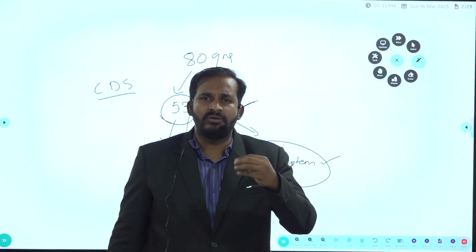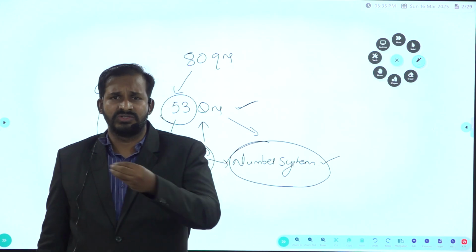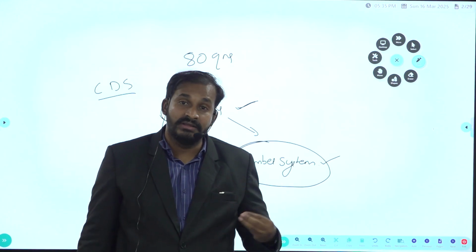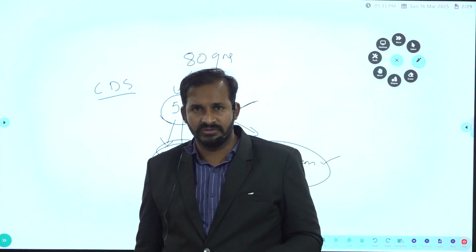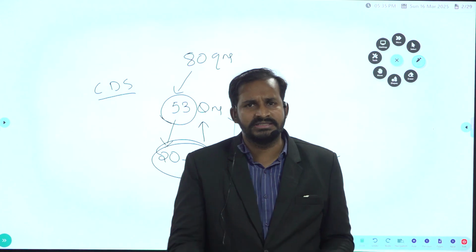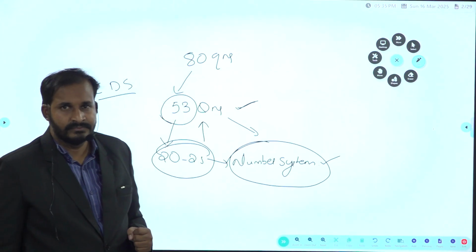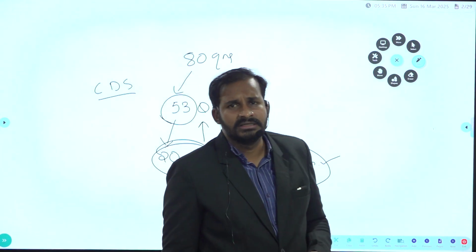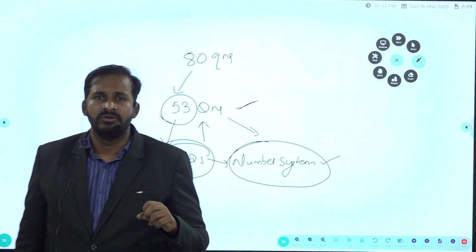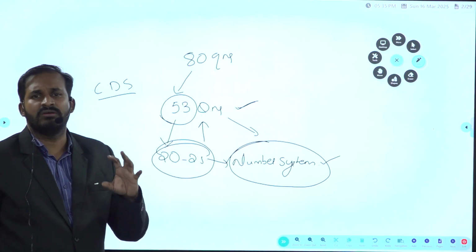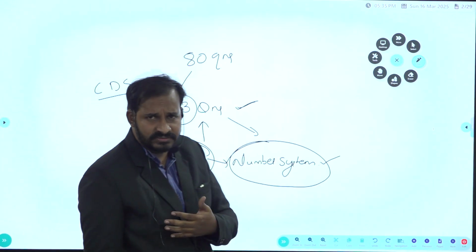They are not even able to identify that this question is from a particular area, that is, this question is from number of zeros, or this question is from unit digits. Like this, they are not able to identify it. If you are able to identify those things, then you can easily apply the remaining steps and solve them. But in general, this is not happening. So to reduce that difference, we are doing this course, especially on the number system. Why? Because the number of questions from the number system is very, very high.